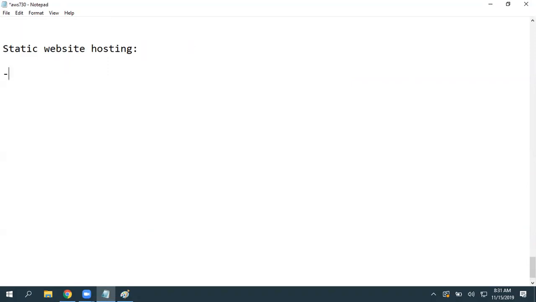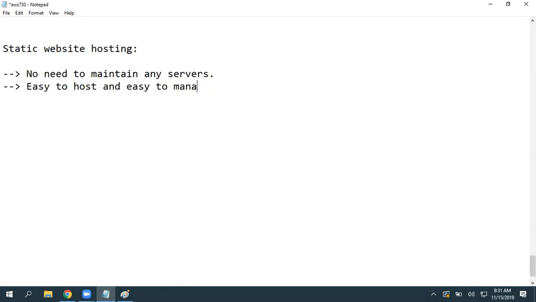So what is the advantage then? No need to maintain any servers. And it's easy to host and easy to manage. You know, GoDaddy is partnered with Amazon Web Services. GoDaddy is basically a technical partner with AWS. Whatever static hosting you select in GoDaddy is hosted on top of Amazon S3 only.